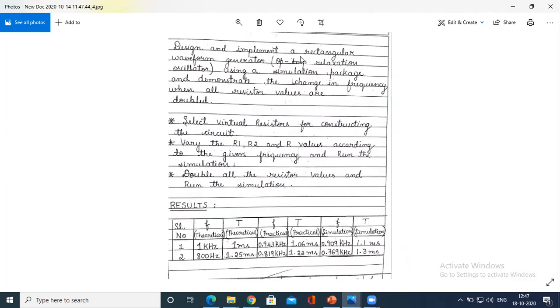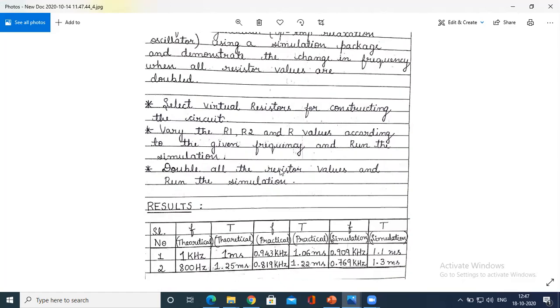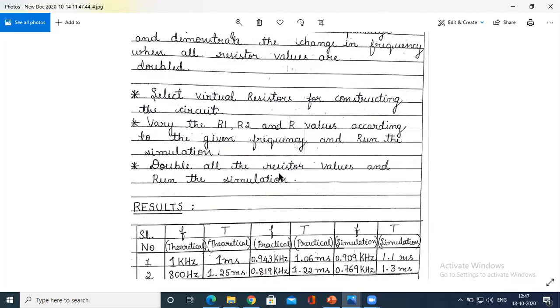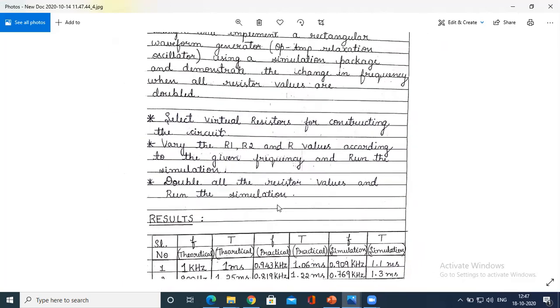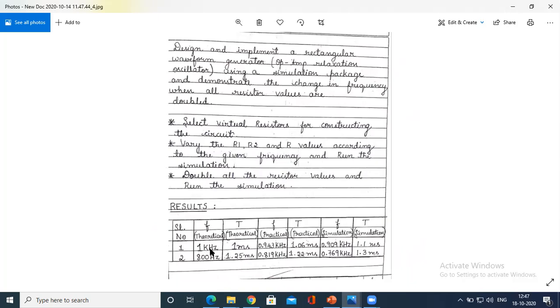What you do is we select a virtual resistor instead of a physical one. We vary the R1, R2 and RF values according to the given frequency and run the simulation. You could see the tabular form over here. For the value 1 kilohertz theoretically, T equals 1 by F, it is 1 millisecond.